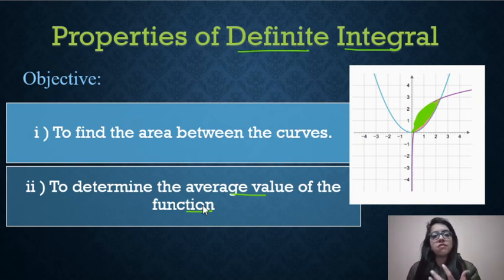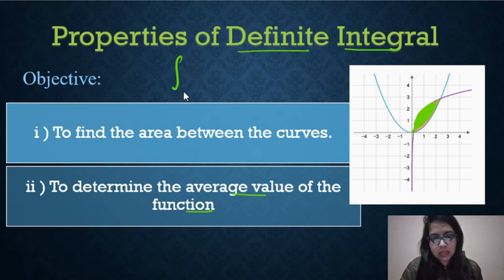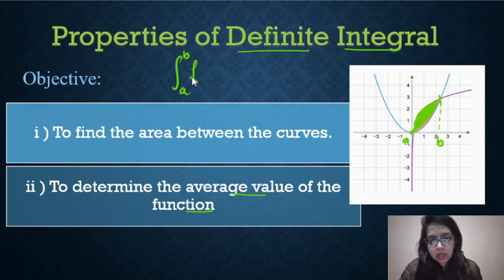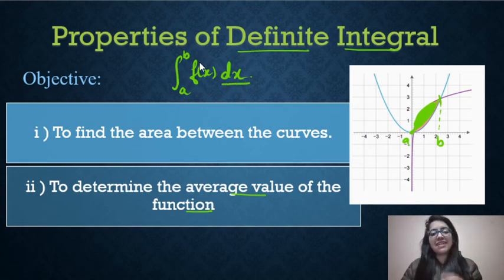So students, in this we use certain properties with the limit. We always have a definite integral in the form of a to b, that is the limit. If this is your a, this point can be your b. Then there is a function f(x) and then dx, that is integration with respect to dx. In such form we apply the properties of definite integrals.